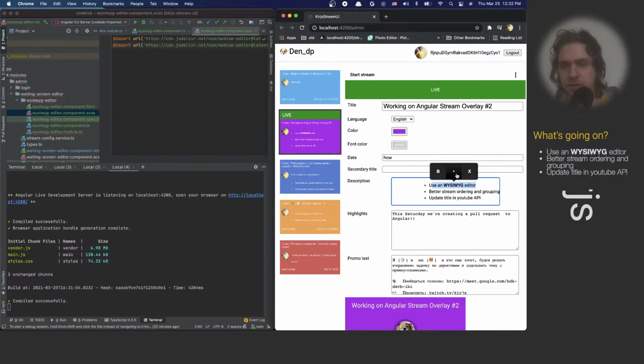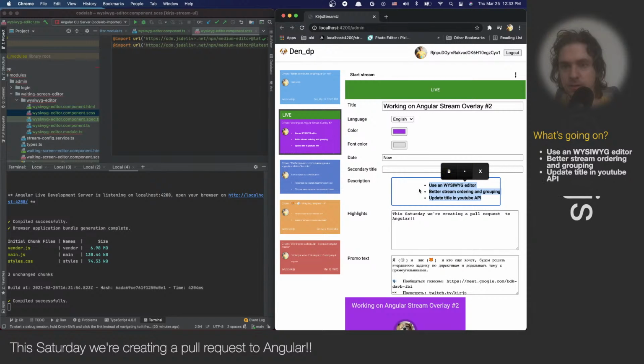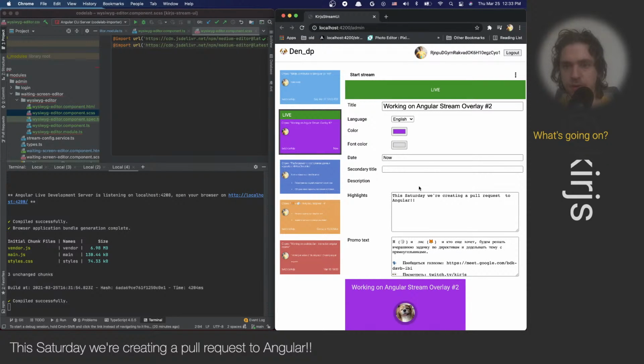Is there a shortcut? Unordered list. It doesn't let me. Cool. What is X? Oh, just like clear formatting. Yes. Nice. So if I want to start from scratch,